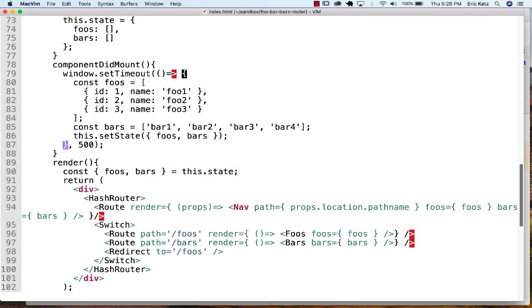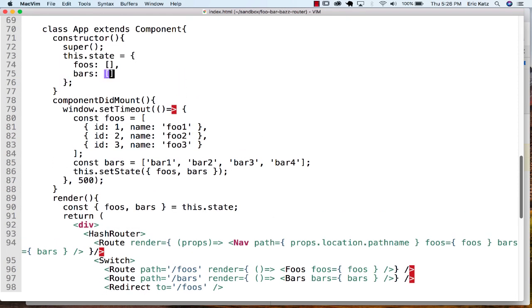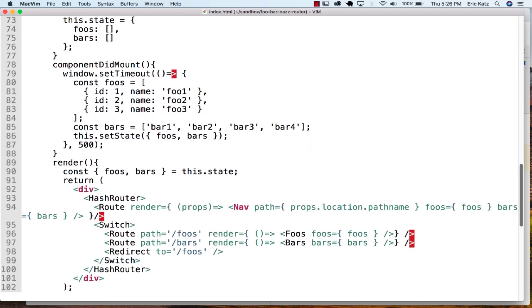The other thing here is that we've got our state, and our state is, we're putting in a little bit of asynchronous code here to sort of mimic what would happen if we were getting our data from a server somewhere. So we've got our foo's, these are objects, we've got our switch statement here, we've got two relatively simple routes